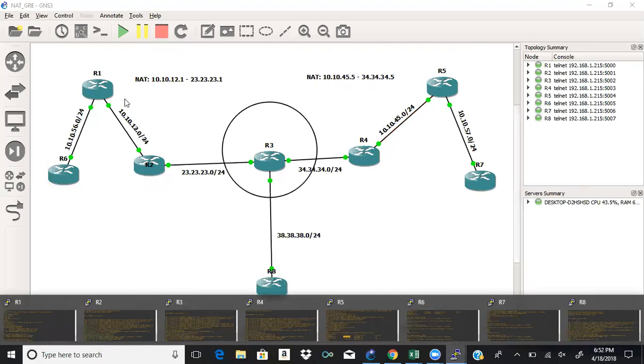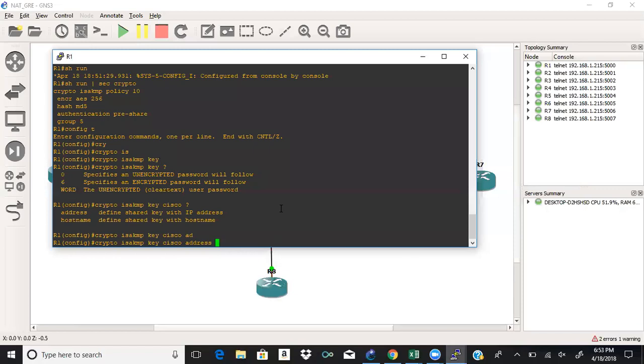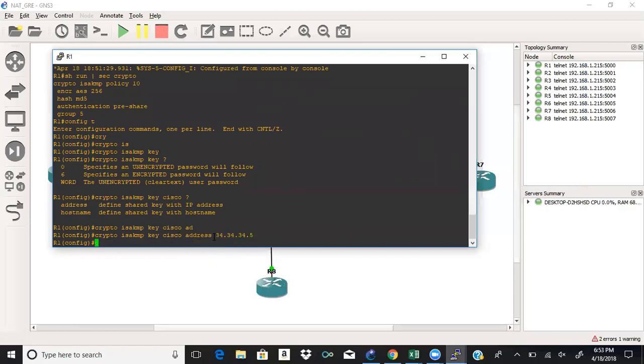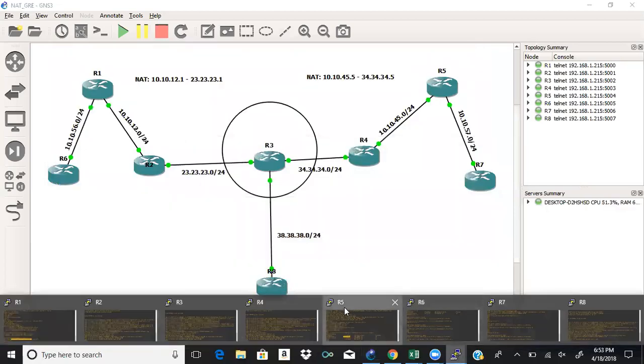Remember, we're in a home network, which is a private network, which means in order for us to get to the internet, we have to get translated. So we're not going to form the peer to the private IP address. We're forming the peer to the public IP address. So it's going to be 34.34.34.5. We're going to take the same command, and we're going to put it on router 5, except now the